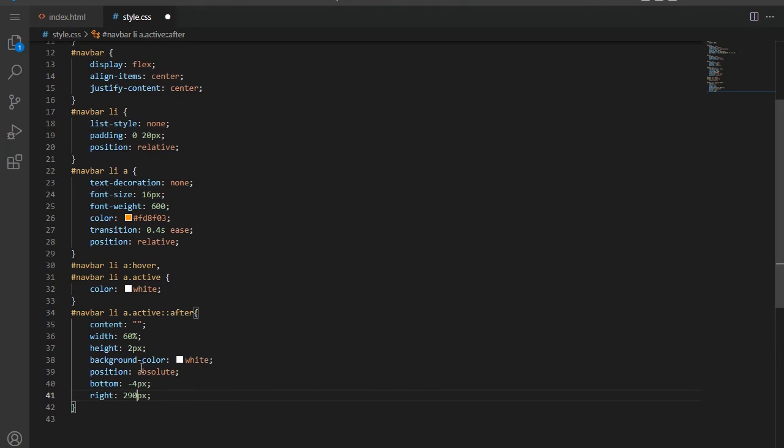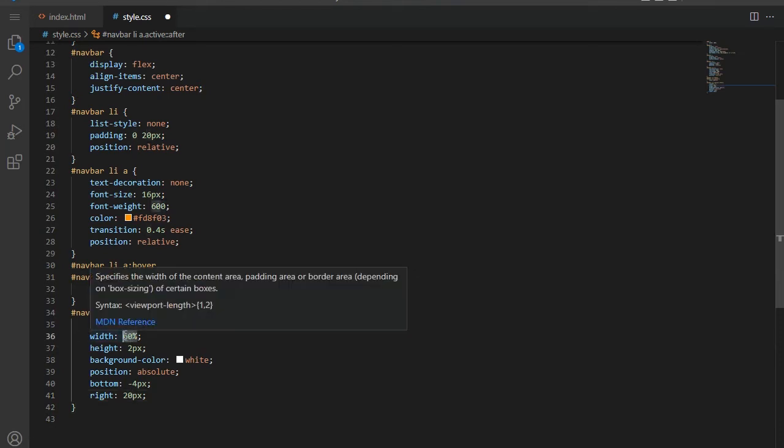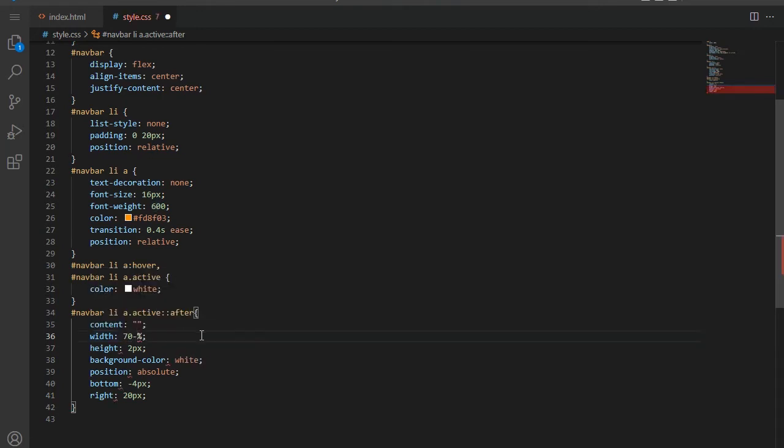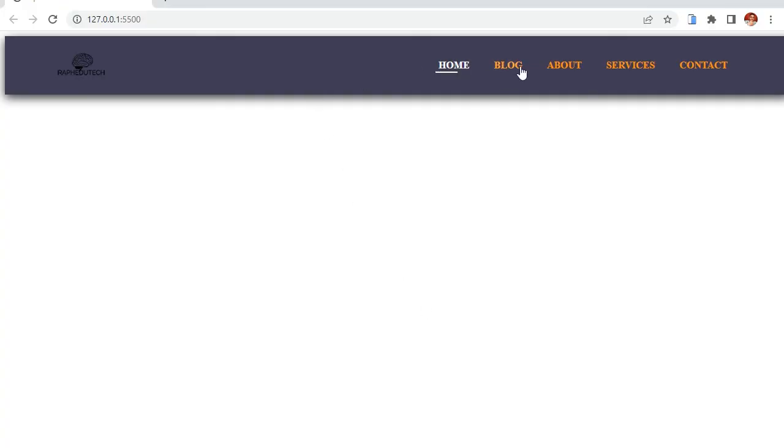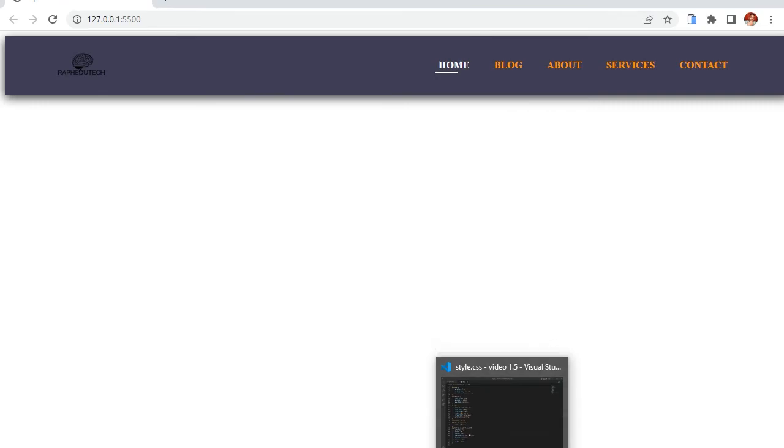Sorry, 20. Then make here, because I just like it to be bigger. Make here 70. Ctrl S. Then check it again and see what it will give us. Okay, it's pretty. I think it's okay. It's okay for now. One of the issues that I have is,